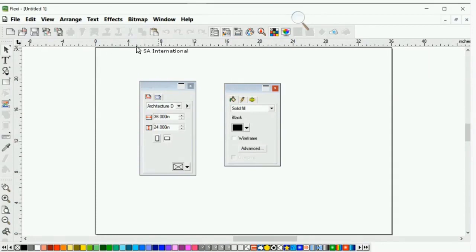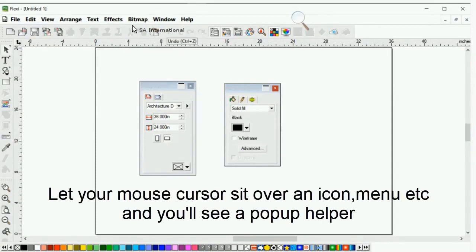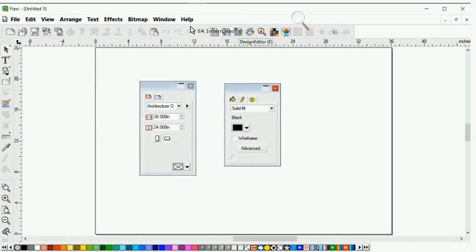In addition to that, if you notice, when I am new to using Flexi here, when I take the mouse and just let it sit over any kind of icon up here, it doesn't matter what it is, it actually pops out a little helper that tells you what that particular icon will do, and it even shows you the shortcut key. And that's true even of menus in here. If you let your mouse sit on different parts of the menu, a lot of times you're going to see a little pop-up helper that's going to give you additional information about what you're about to